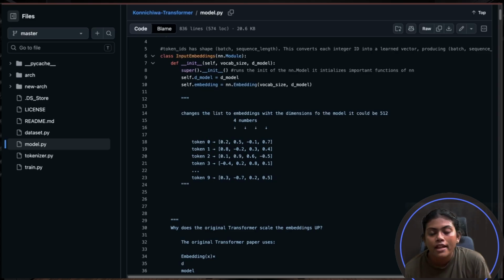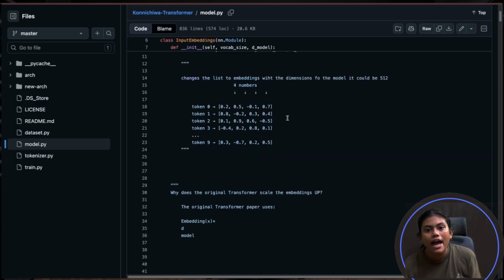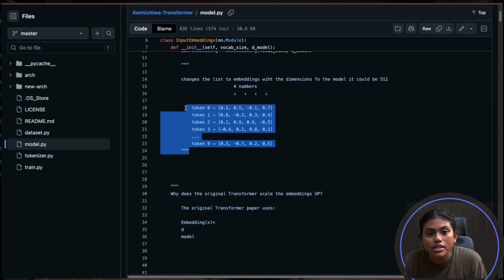So let's move on. What we're doing is we're going to get the dimension of the model, and we are going to have the embedding with the vocabulary size and the dimension of the model. And we are going to have a list of embeddings based on the model's dimension. It could be 4 numbers or as many. What the columns essentially mean is the features, guys. As I said before, the heads are going to be representing the feature. That's what it does over here. So it will essentially have a list of embeddings,